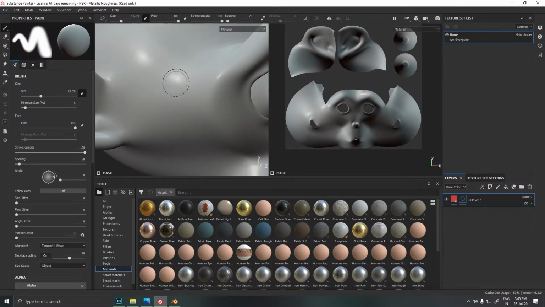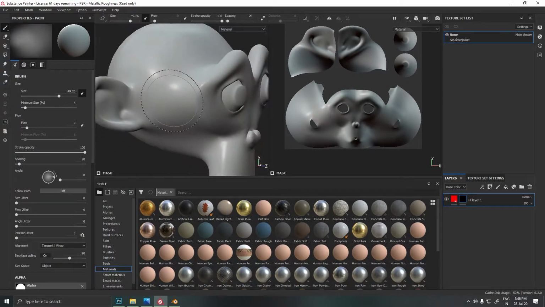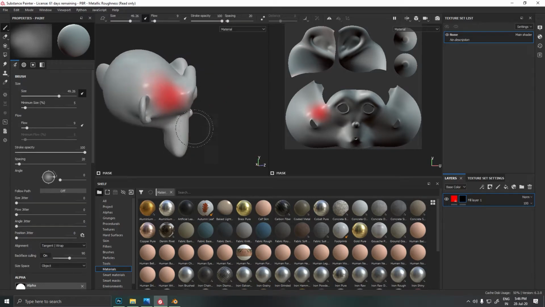Control right click to increase the brush size, and control right click and drag the mouse. When you drag the mouse right to left, it will increase the brush size, and when you drag the mouse up to bottom, it will increase the hardness of the brush. You can also change the flow from here. See, it's very light, you can notice it.